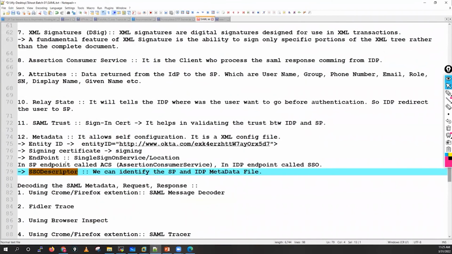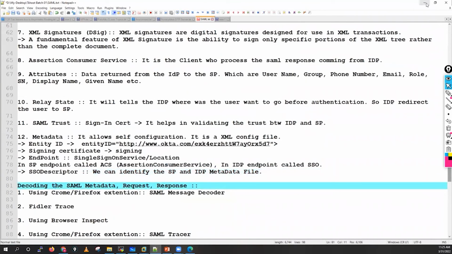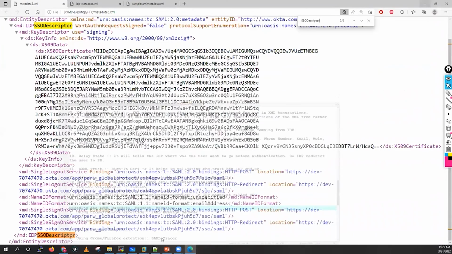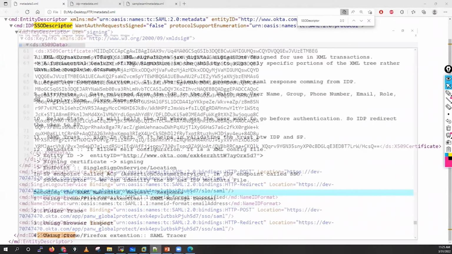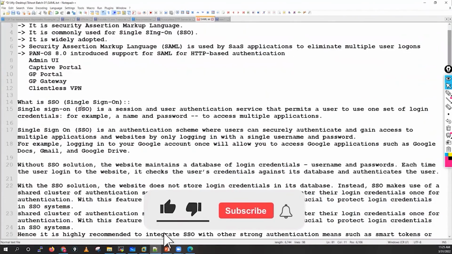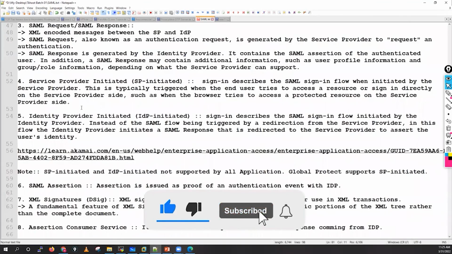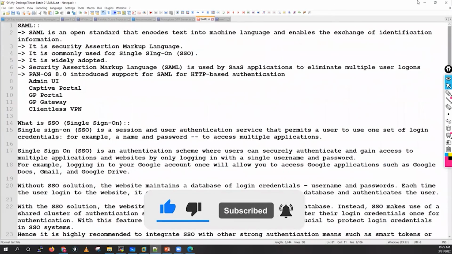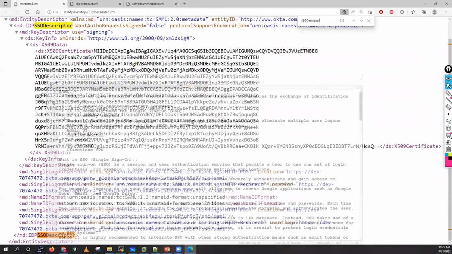Okay, cool. So this is what I wanted to cover with regards to the SAML theoretical portion. Now what we will do? Now I will start your Palo Alto configuration with regards to the